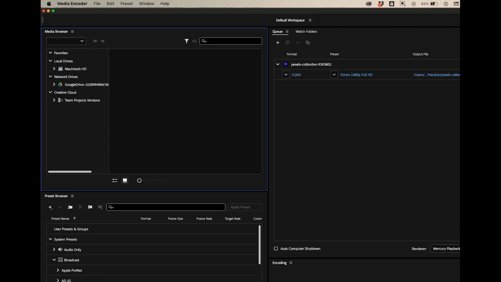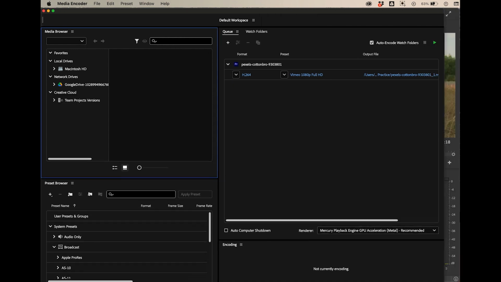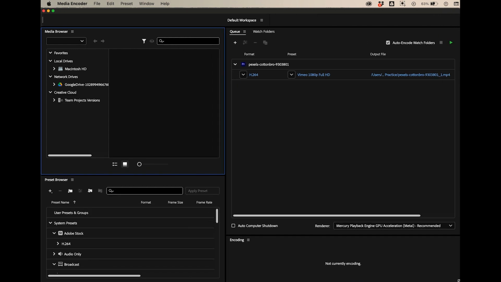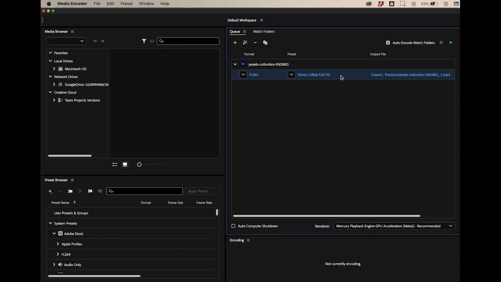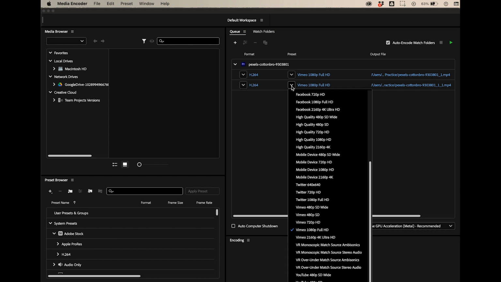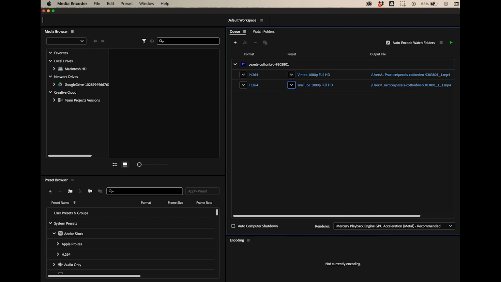Alright, so once Media Encoder gets open, let me make this a little smaller so it fits in the same space so you can see it all. You'll see what you had in the settings of the export window in Premiere. Now the cool thing is you can highlight that and just do a right click and tell it to duplicate. And then you're like, yeah, I'm not sure if I'm going to use it for Vimeo. I might want to use it on YouTube. So then you can go ahead and set one of these. You can't see it on your thing, but I'm going to pick